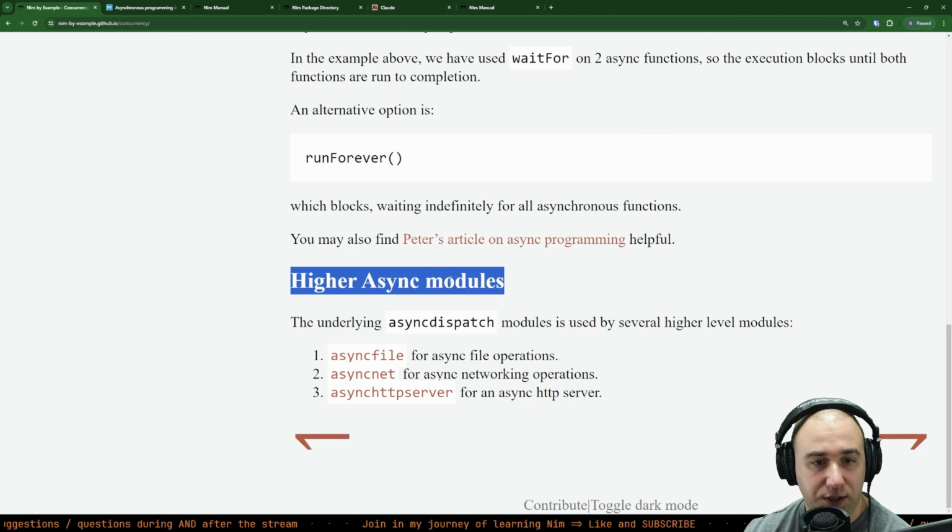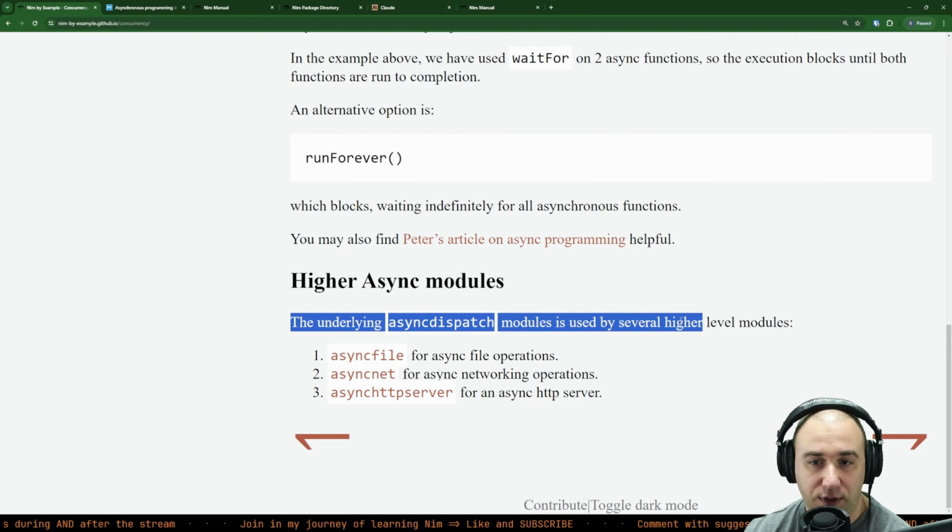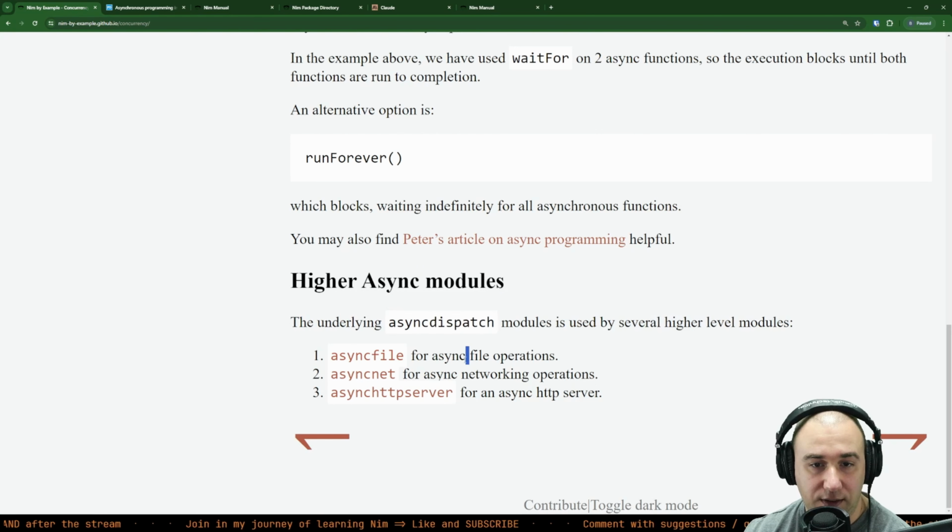And higher-level async modules. The underlying asyncdispatch module is used by several higher-level modules like asyncfile for async file operations, asyncnet for async networking, and asynchttpserver for an async HTTP server. Okay,